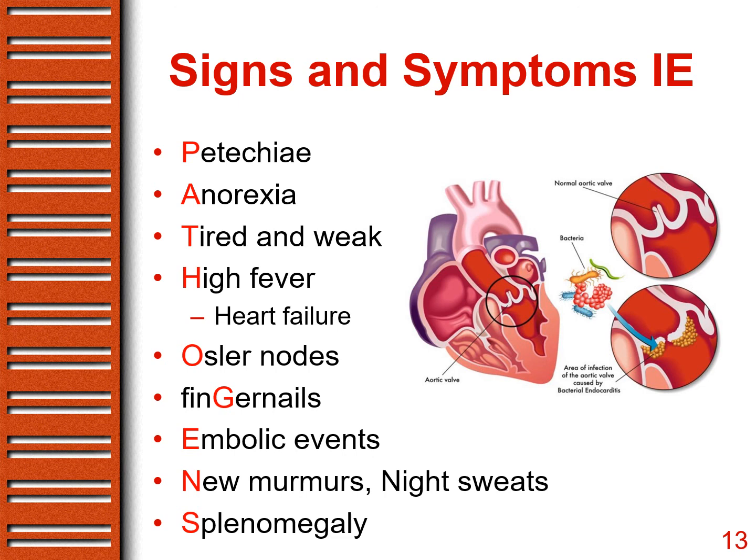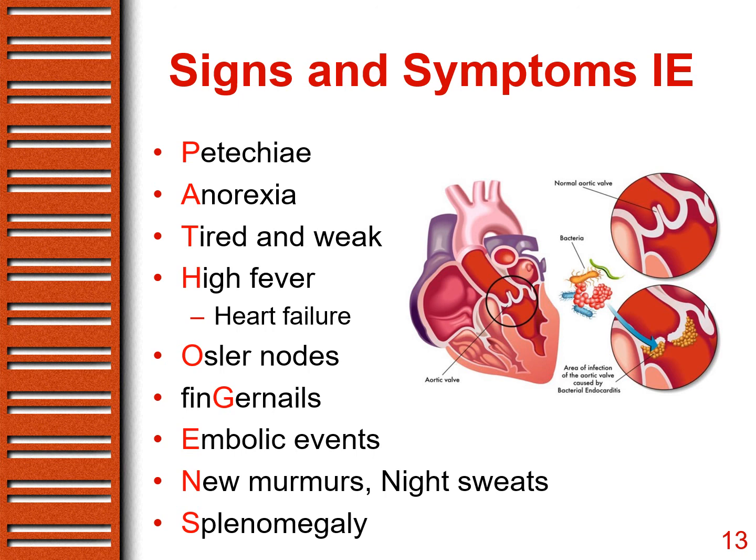So in this case, P would stand for petechiae, A for anorexia, because a lot of the anorexia stems from the fact that the spleen, which is involved in the immune system, becomes large and presses against the stomach. So the patient has very little appetite, they're tired, and they have a high fever, and H can also stand for heart failure if that develops. The O stands for Osler nodes,